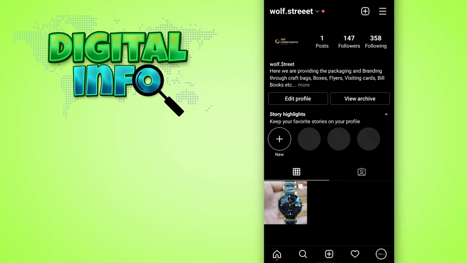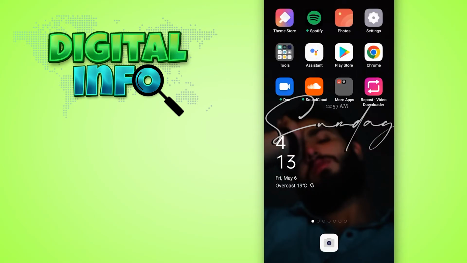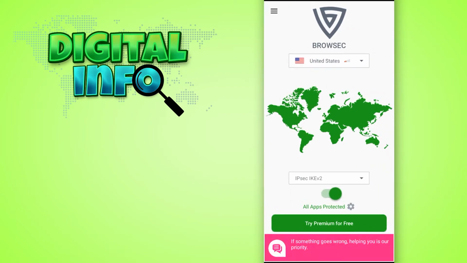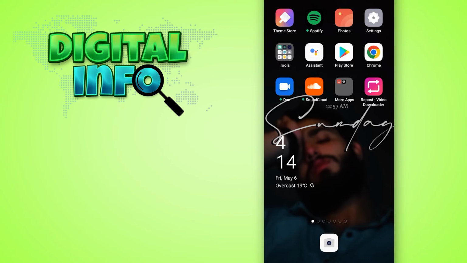First of all, you have to go to your Play Store, and here you just simply type in the search bar browse it, and I will suggest you this one because it is fast and secure as well. So after installing this, just open this and click on turn on the VPN, and then go back to your